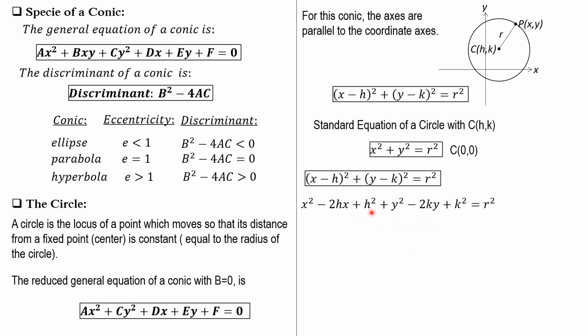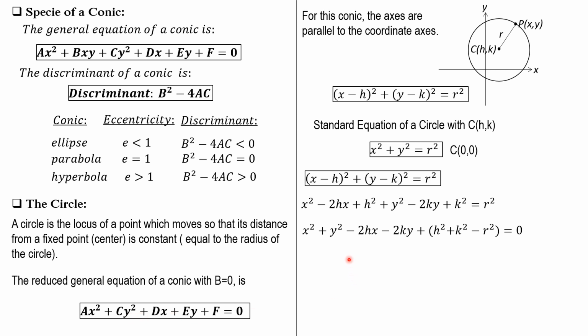And let's group the constants. So we have x squared plus y squared minus 2hx minus 2ky plus quantity h squared plus k squared minus r squared equals 0. So we say that from here, comparing to the general reduced equation of a conic,